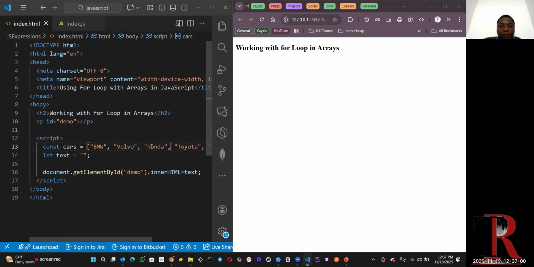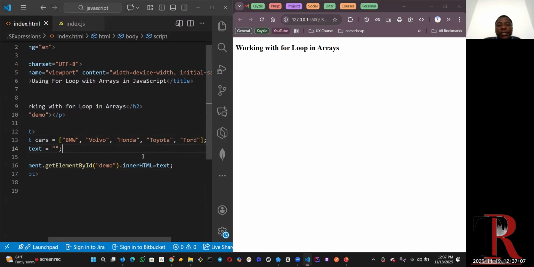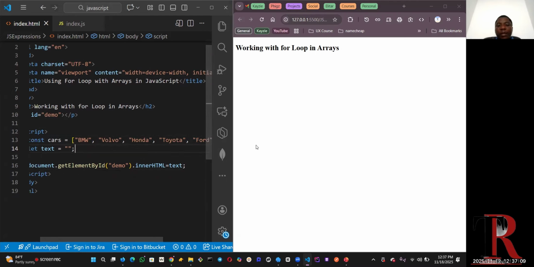So now that I have a complete item and a complete array declared in my code, how do I use for loop to get each of these individual items out? That is what I will be showing us in the